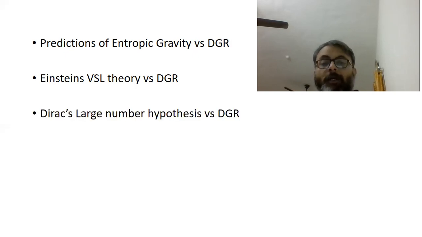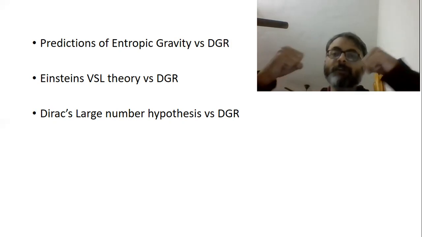And so Dirac's large number hypothesis, it is a pretty big topic, and I don't want to go into controversy over here, but there are quite a few predictions of dynamic general relativity which match with Dirac's large number hypothesis. One of them is that G could probably be the Mondian type of gravity of the entire mass of the universe, which is basically pulling the two gravitating objects together.